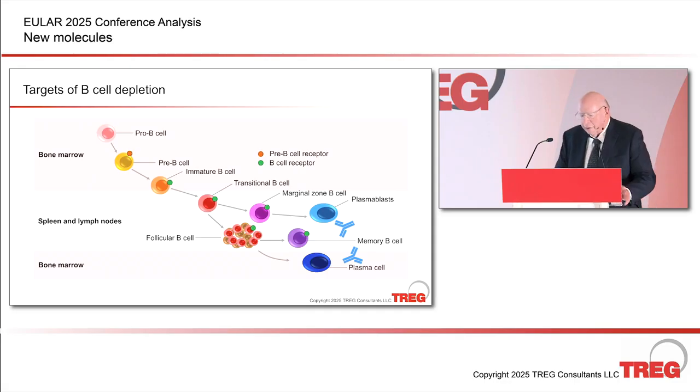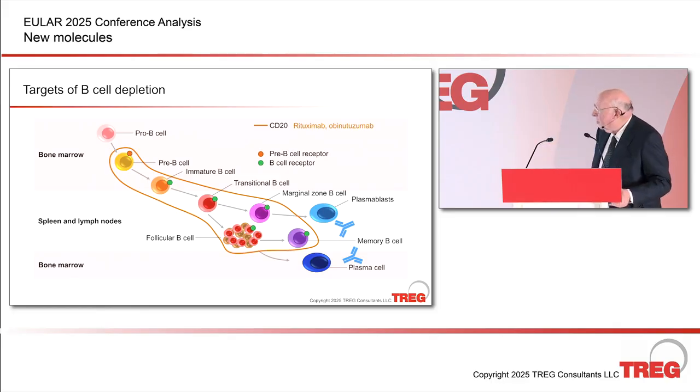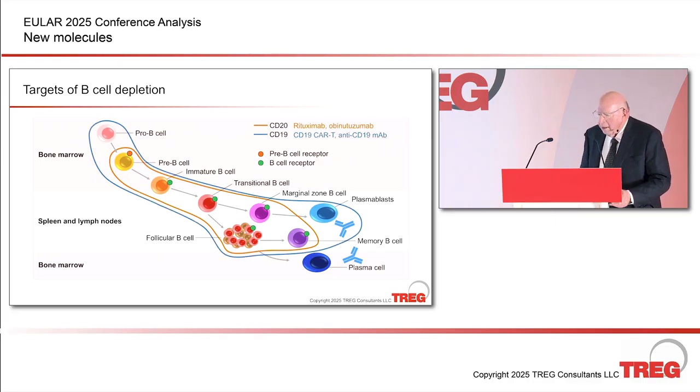And this is important to understand. Where do the different therapies work? So this is the CD20, which would be rituximab, obinutuzumab, and it works from the pre-B cell out to the memory B cell, but does not affect the plasmablast or the plasma cell. And if you use an